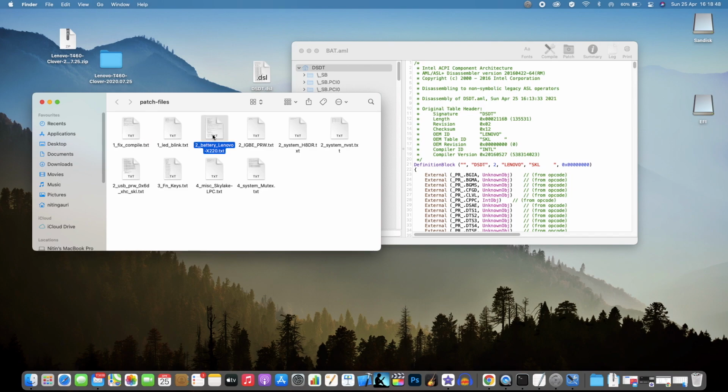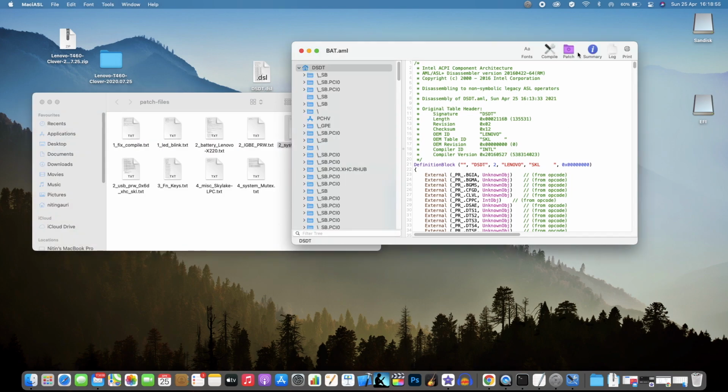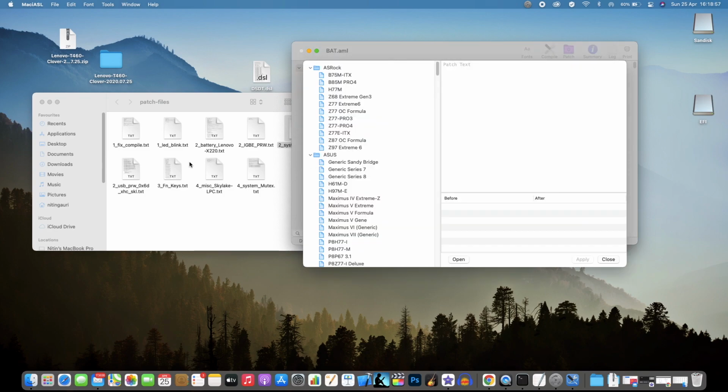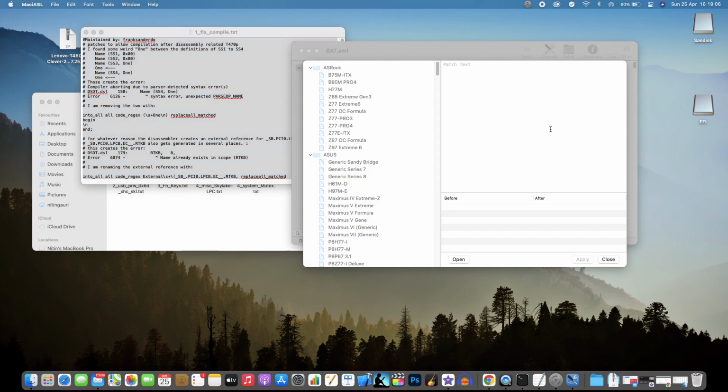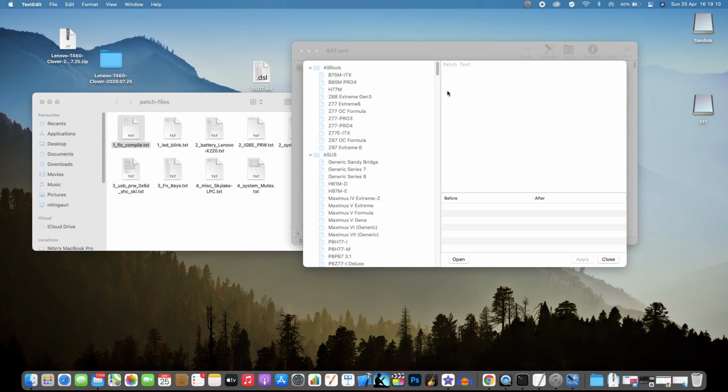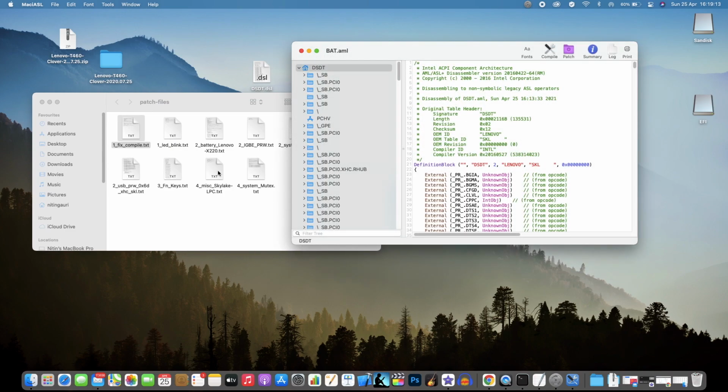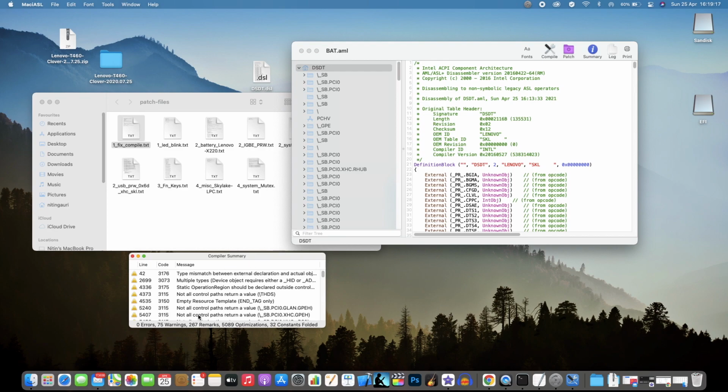As we have done the patch file, we have patched a file for battery with this particular patch file. I recommend you to do it with all the patch files. Once you have done with the battery, take the same file, click on patch again, and take the other script, copy it, and just paste it over here and do the same. Okay, and after patching each file, make sure you click on compile, and you see there must be 0 errors.